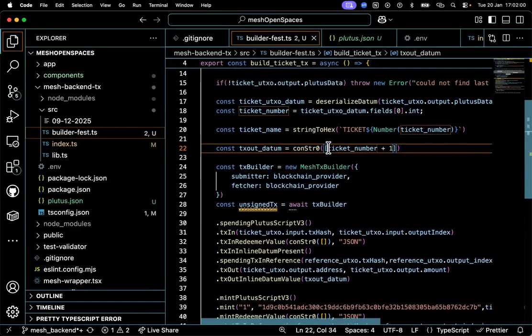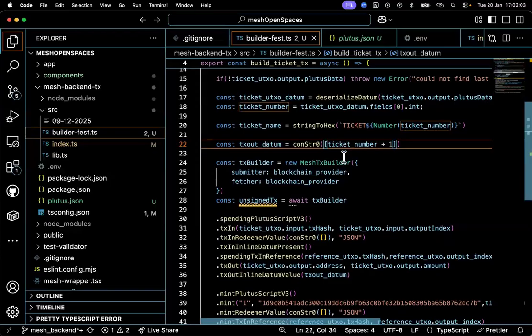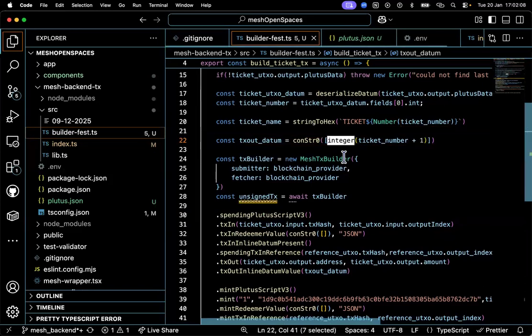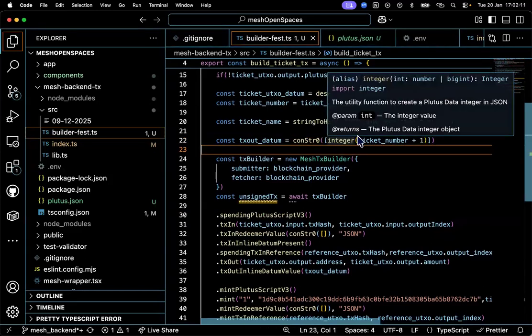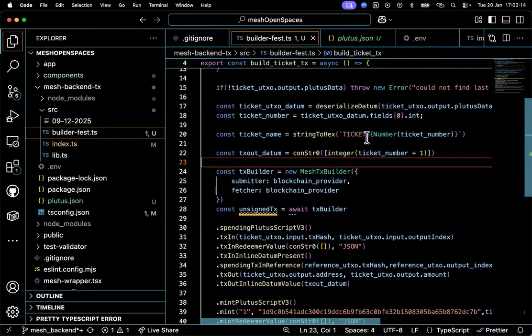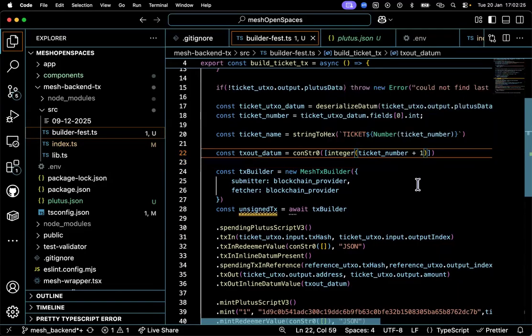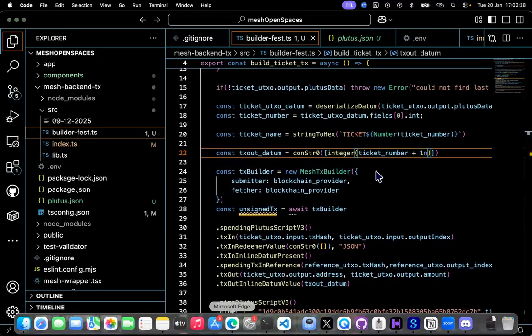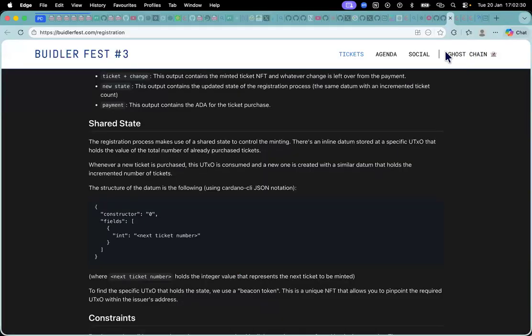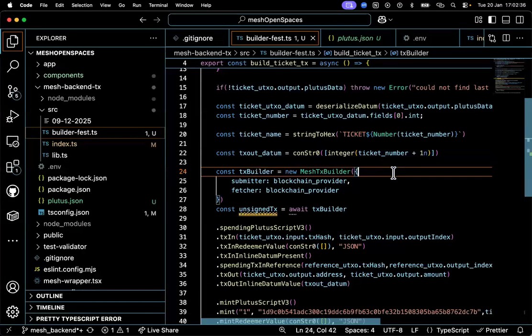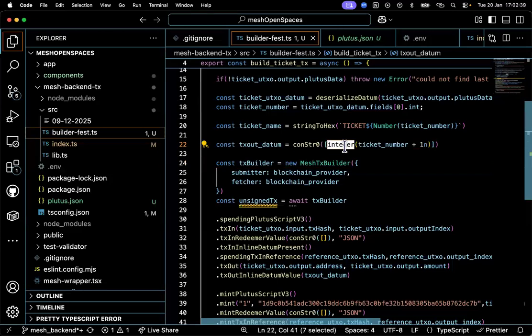Actually, no. I thought the integer function was basically to convert the big int into the integer type. I'm not sure where the dictionary is coming from. I'm just going off memory from when we did Asteria: you can specify something as just an integer, but when it actually appears on chain, I think it goes through some form of serialization and appears as a big int with an n after it. It could be mistaken, but I'm just going from experience. I think that's what happens. Yeah, I mean we can try it and see what happens.